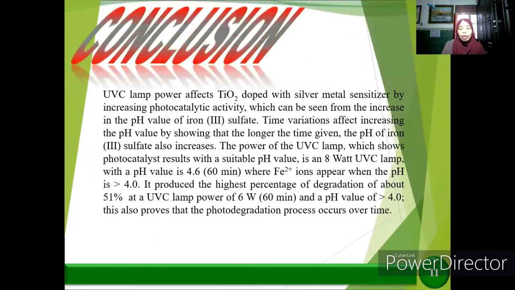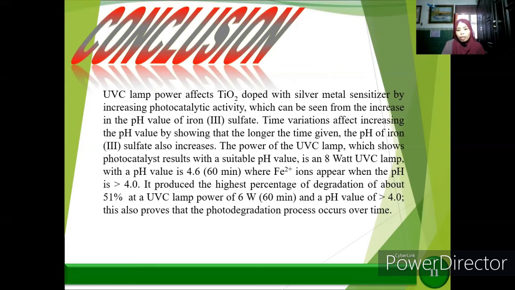And then based on our research, we can conclude that UVC lamp power affects TiO2 doped with silver metal as a sensitizer by increasing photocatalytic activity, which can be seen from the increase in the pH value of iron sulfate. Time variation affects the pH value, showing that the longer the time given, the pH of iron sulfate also increases. The UVC lamp power which shows a photocatalyst result with a suitable pH value is the 8 watt UVC lamp with a pH value of 4.6 at 60 minutes, where ferrous